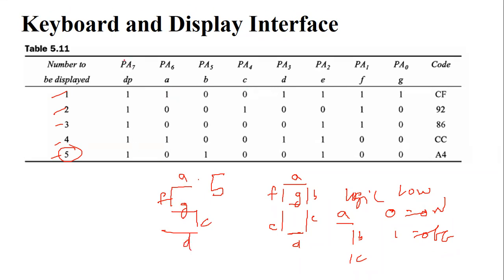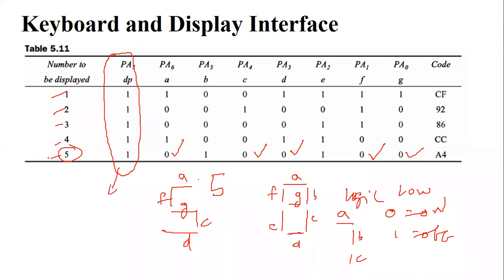You forget this one; this is a blank display. This is used to test whether these 7 segments are working or not. For 5, this case is logic low. Low is on, so 0 is on for A, and again F is on, G is on, C is on, and D is on. You know this is logic low, which means 0 is on, 1 is off.